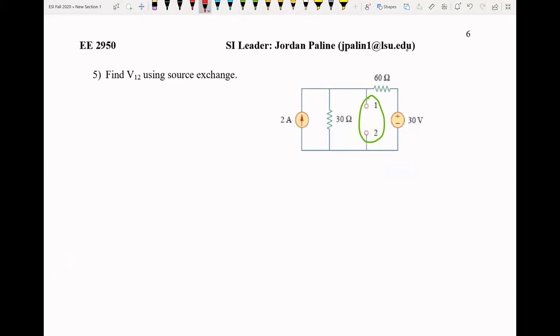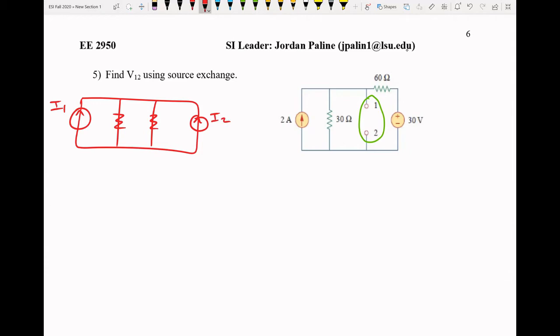Now, working with both of these could be pretty difficult, especially considering we could potentially make mistakes with a nodal analysis. So the source exchange, if you remember at the very beginning of the semester, we were talking about if we can find a circuit that had pure parallel in it, then what we could do is we could combine these two